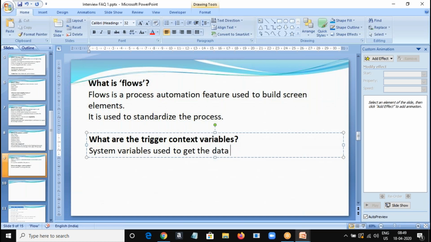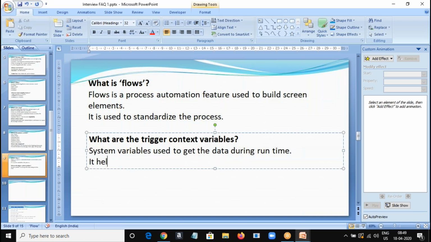They are used to get the data during runtime, right? So it helps to get the record details.